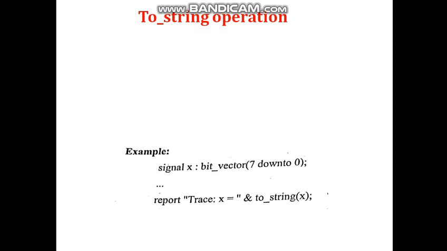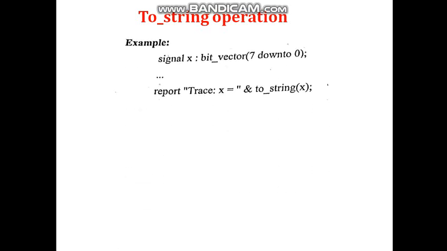Applying to_string to a string value is not a useful case, as it just yields the operand unchanged. For other array types, the operation yields a string value with the same characters as the operand. This can be useful for including such array values in a message string. An example of such a string is like this one.